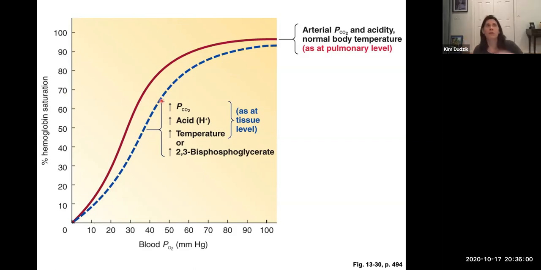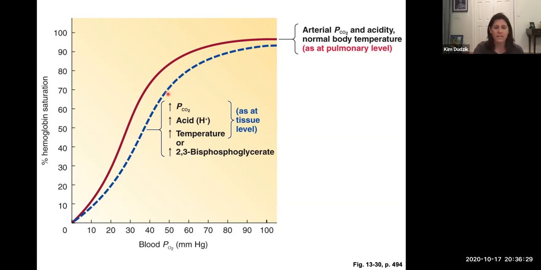And you're going, wait a minute, but you said that the partial pressure of CO2 and oxygen don't influence each other. Well, this is an indirect influence because when more CO2 gets put into the bloodstream, which is mostly water, it will cause the blood to become more acidic. There it is, high acidity. High acidity also pulls the curve down in this direction.